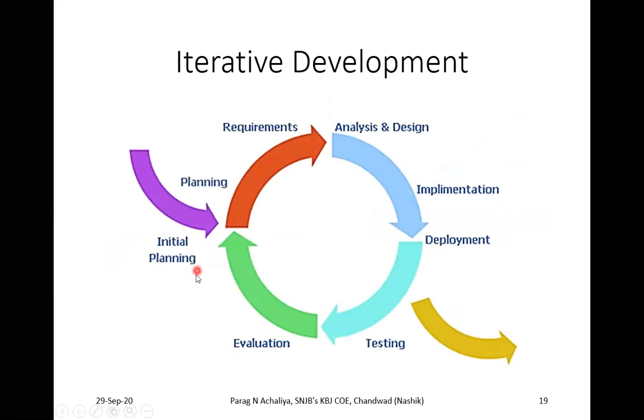So this is your initial planning or initial phase, indicated in the purple color, or what you can say the violet color. Once you start with the initial planning, the red part will be your requirement. The requirement will be gathered from the customer. You start analyzing the requirement and you start the design process on the basis of the requirement gathered. Up to here, what do you do? You implement your design part. Design and development will be there.